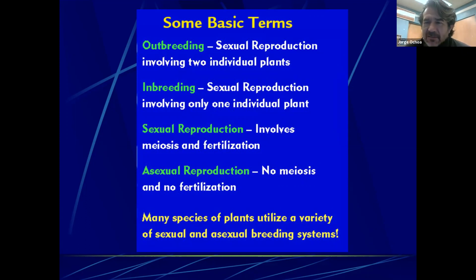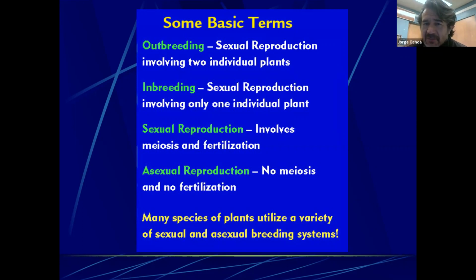Outbreeding, when plants want to have the pollen from a different individual. Inbreeding, where plants can self. Many plants will be able to self. As we have selected plants and hybridized them, we might also take out whatever mechanism they have in order to prevent them from inbreeding. And so we have purposely, for our own use, removed some of these mechanisms from the plants.